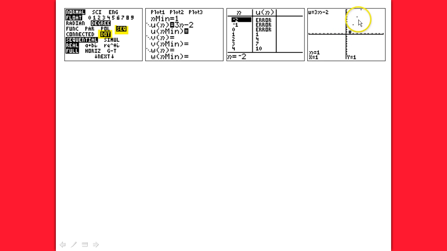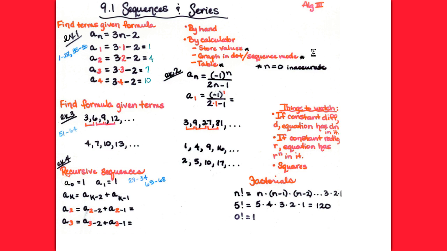My third term, when I put in 3, I get 7. My fourth term, when I put in 4, I get 10. And it'll literally lay those out down here for us. Okay? So, a couple of different ways then that we can do those on our calculator. We can put it in dot sequence mode and graph it, or we can use the table